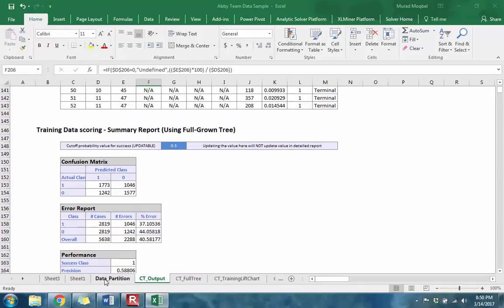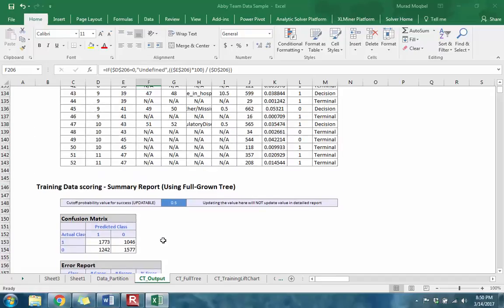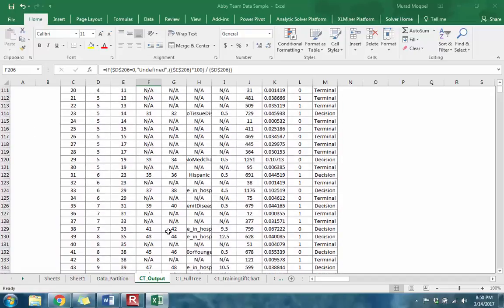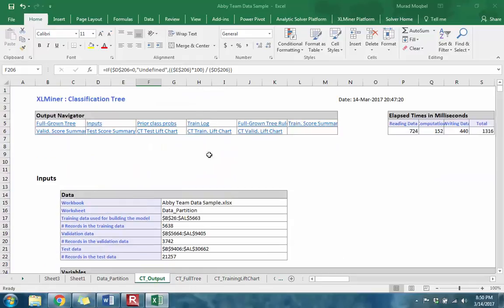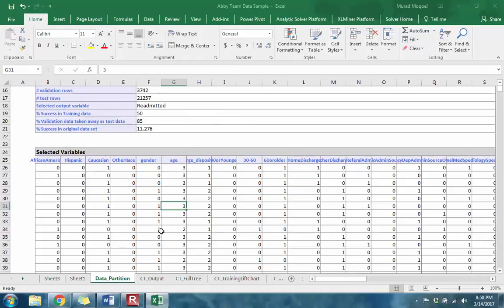So you have now three models from three machine learning algorithms, and then you compared them, and then you decided which one works best. This is with this way, and we haven't partitioned yet. So going back to the logistic regression output